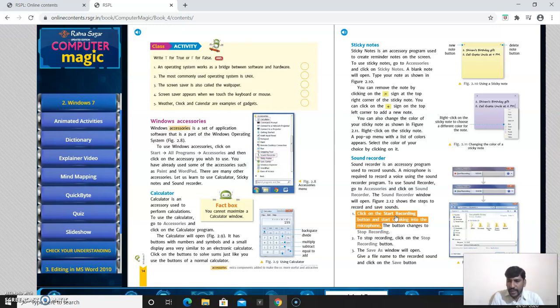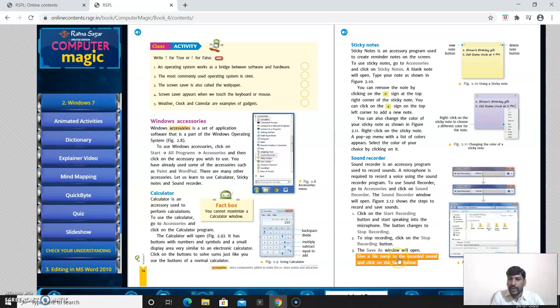Click on the start recording button and start speaking into the microphone. The button changes to stop recording. The second step is to stop recording: click on the stop recording button. The third step is that the save as window will open.